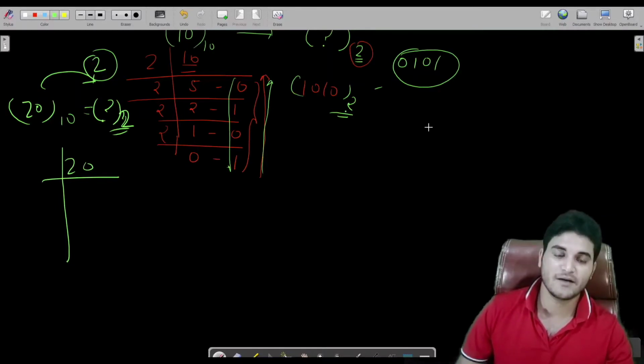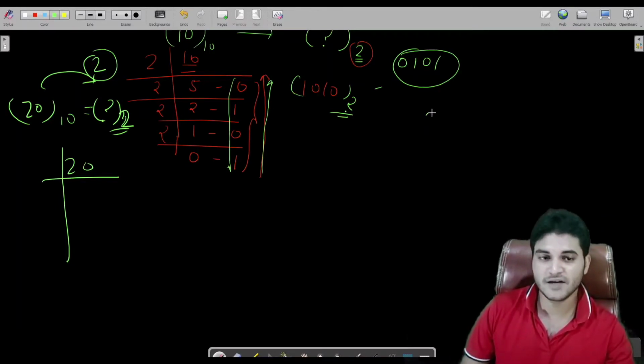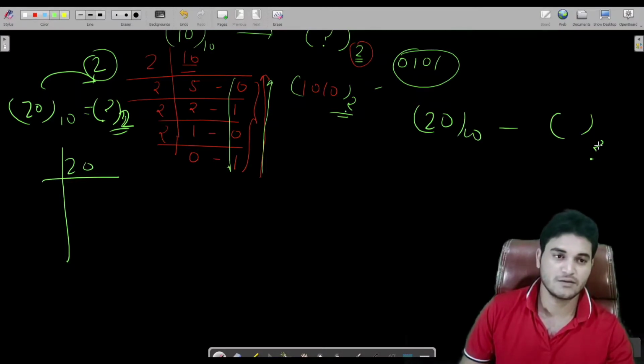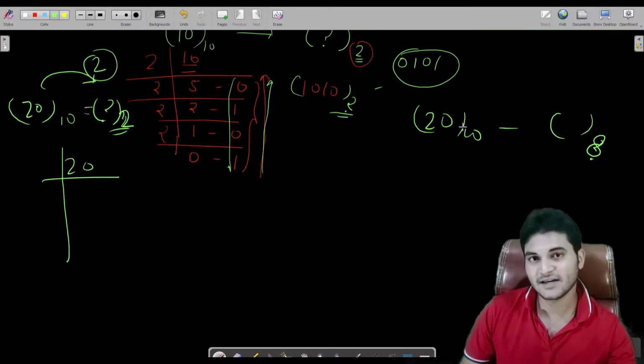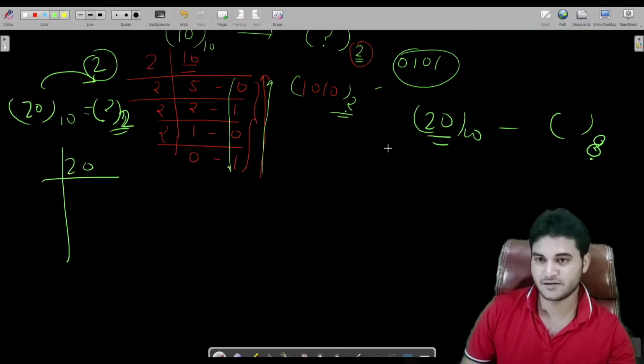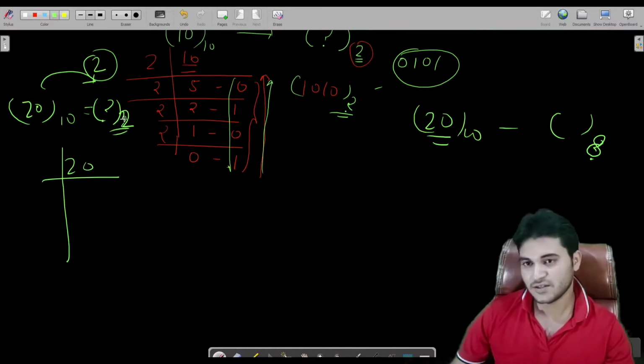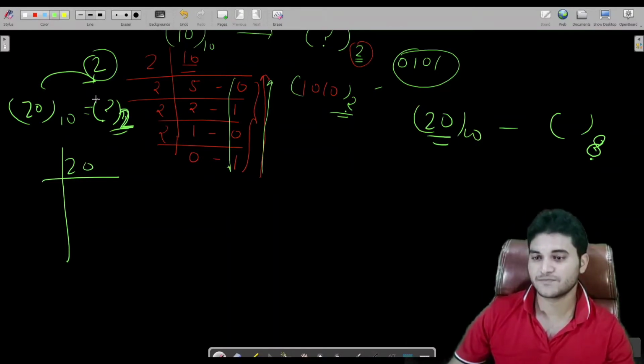So let's say in our next program, we have to go from decimal to octal. Let's say 8, because the base for octal is 8. So in that case, we would divide 20 with 8, as simple as that. So in this way, we are going to divide this number with 2,